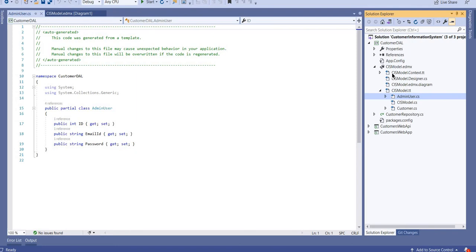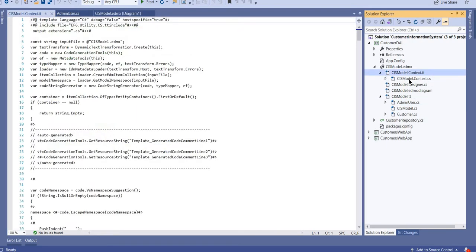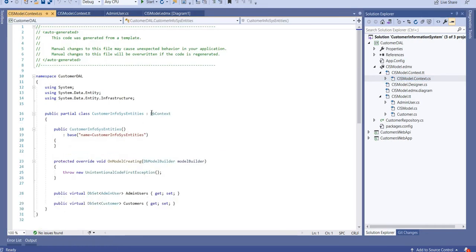same way it created for your customer table also. Okay, and all this CRUD operation is handled by this context file. If you see, this db context is responsible for doing all the database related manipulations: to save the data, to insert, retrieve the data, to update the data. It is all done by the db context class. So your customer info entities, while creating this entity framework, this is the name you have given to your db context. Okay, and you have to create the object of this, and this customer info entity is responsible for doing all the manipulation with the database.